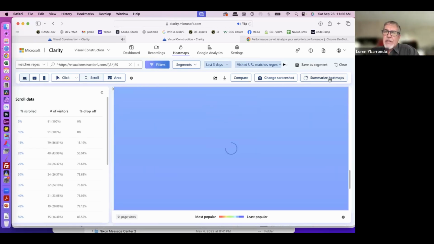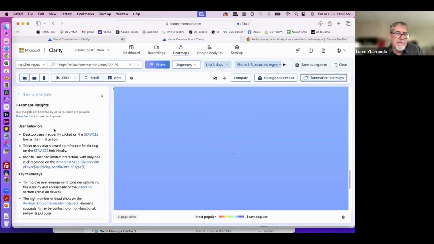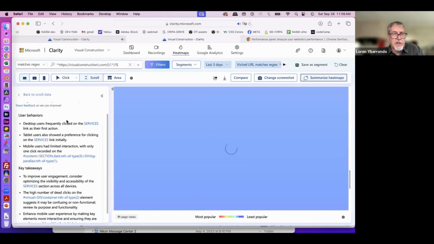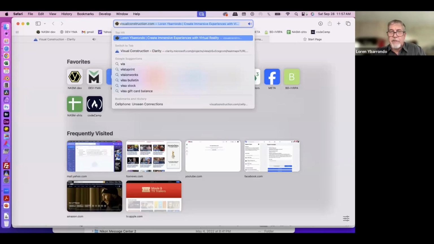But here I can do a summarize of the heat maps. All right, so it's user behaviors: desktop users frequently clicked on the services link as their first action, tablet users, key takeaways. So let me show you just really quickly and then we'll maybe be at an end, just so you can see what it's talking about on